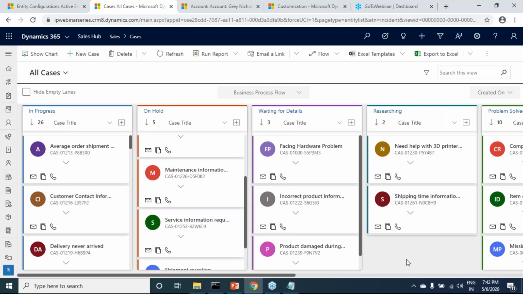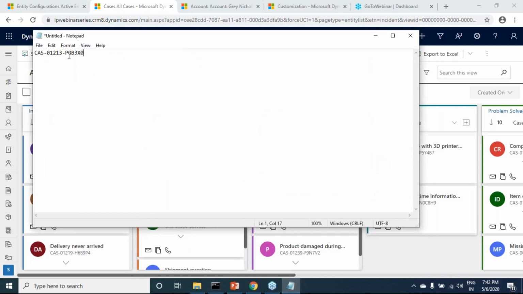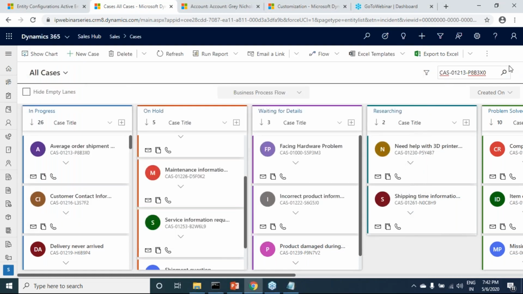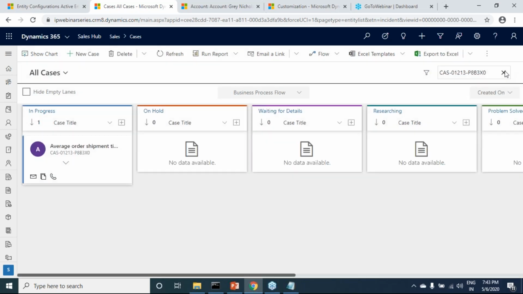And if I want to search for any of the cases that I have been looking out for, you can simply search for the case number that you can configure. So yes, I do have a case number that I want to search for. I will simply type the case number, and I get the case record over here. You can search with the help of a case number that I have configured for this